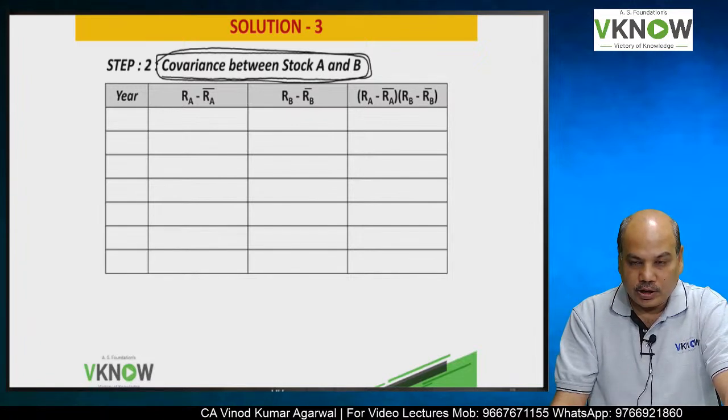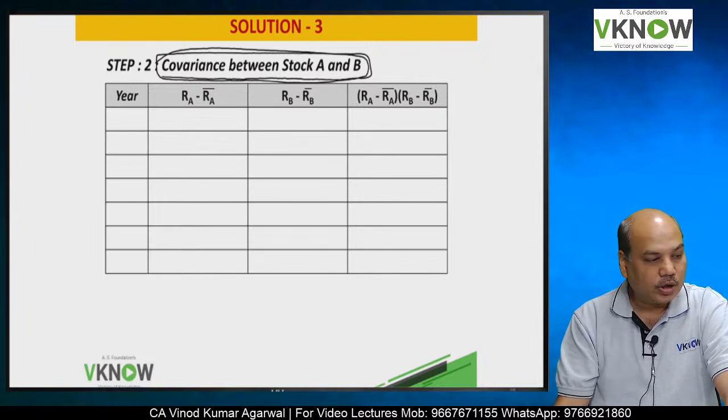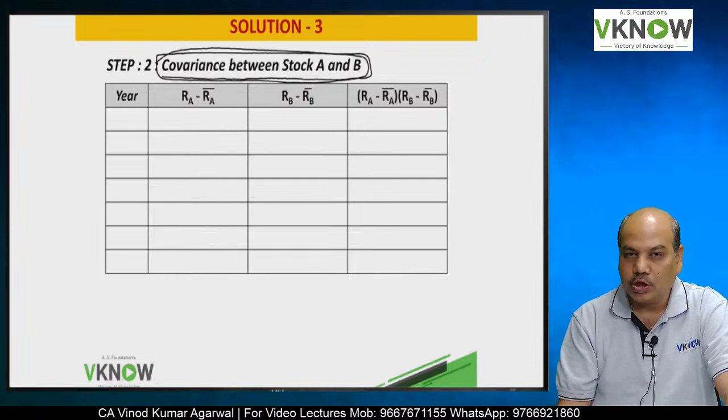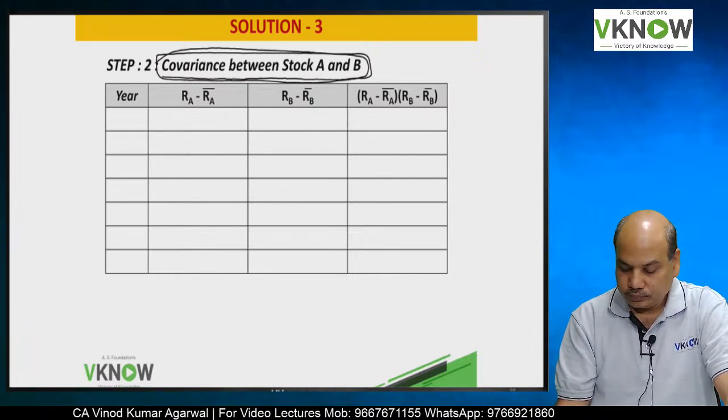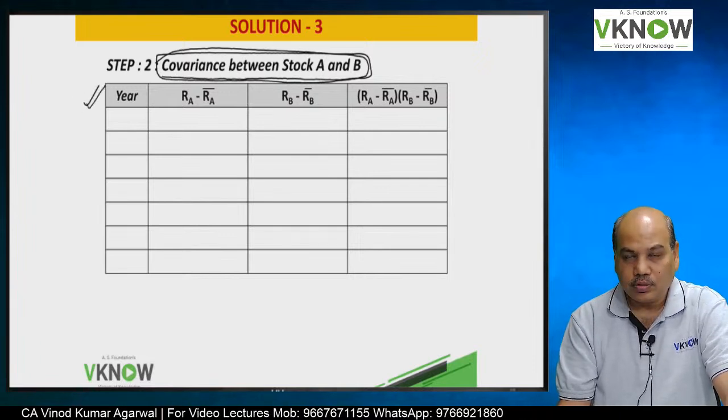Portfolio risk is affected by the covariance or the correlation between the stocks which are included in that portfolio. So this problem will help us to practice covariance also. Write down